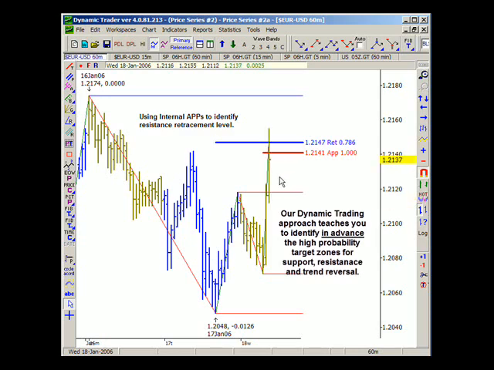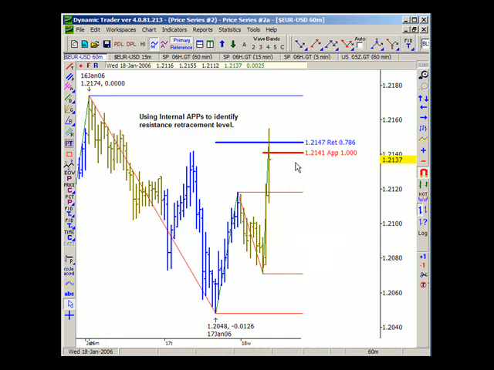So let's add a couple bars onto this chart. There we go. I added one more bar, and we came up, popped above this zone that's the 78.6% retracement and the 100% alternate price projection, went right through the 50%. And if this market is making a correction, this is the area to which it should make resistance before it continues lower. We can add a few more bars on, and we see they came down rather sharply from this